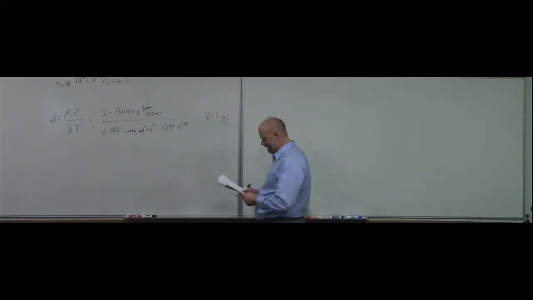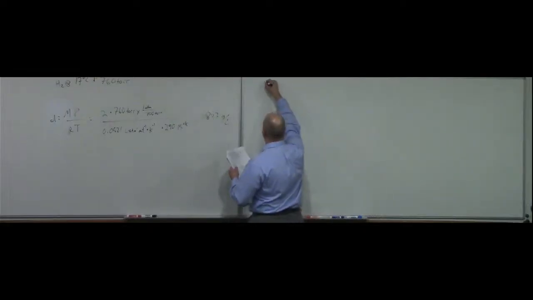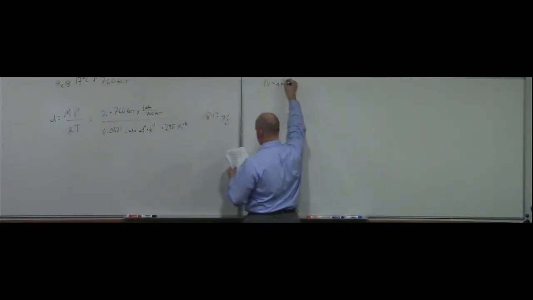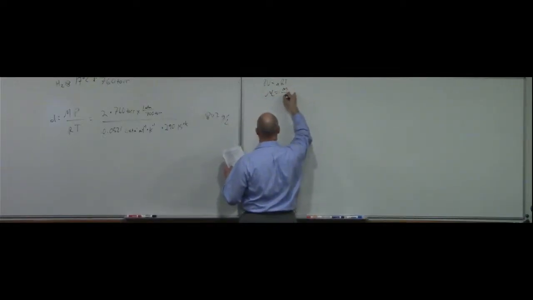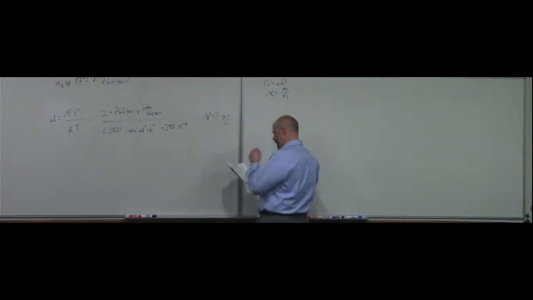Very good. Okay. When the identity of a gas is unknown, the measurements of the mass, the pressure, the volume, and the temperature of a sample can be used to calculate the molar mass of the gas, a useful property for identification purposes. Combining the ideal gas equation and the definition of molar mass yields these equations. So, using PV equals nRT, and knowing that molar mass equals mass per mole,